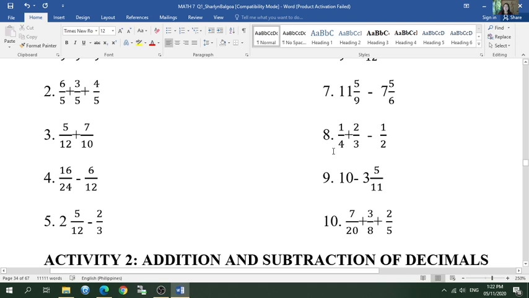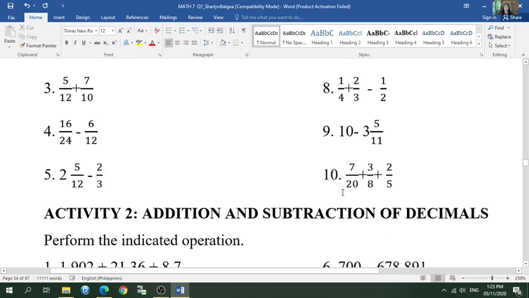Okay, ito muna ang simplify mo. What is 1/4 plus 2/3? Kung ano yung magiging sagot mo dito, minus 1/2. Okay? And then for number 9, gawin mo muna ito na improper fraction. Yung 3 and 5 over 11, gawin mo muna improper fraction. Ito naman whole number. Ano nga ba ang denominator ng whole number? 10 over 1. And then for number 10, lahat ito i-add mo, pero kunin mo yung kanyang